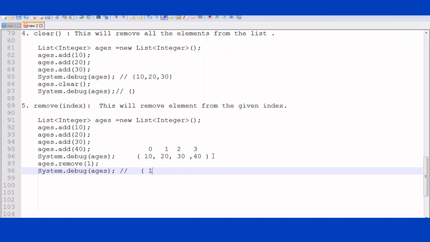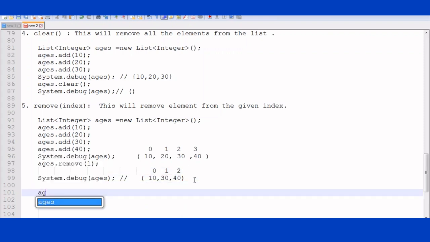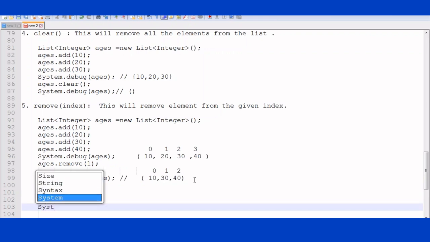So what is the set of values we got? 10, 30. System.debug ages. Remove the element which is at index 1. So what is the element at index 1? 20. So remove the element called 20. So we have 10, 30, 40. When you remove, what are the index values that we have now? Again I am using ages.remove. Remove the element which is at index 2. When I say System.debug,